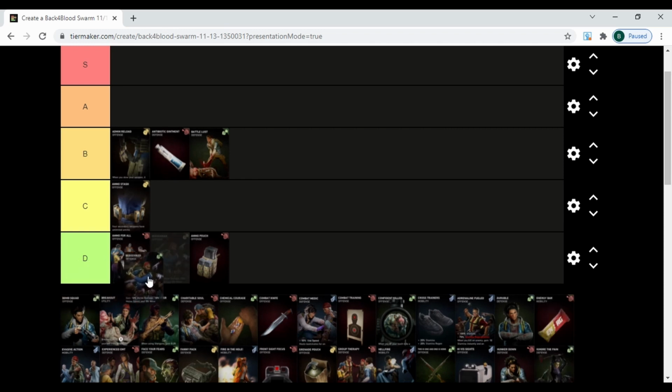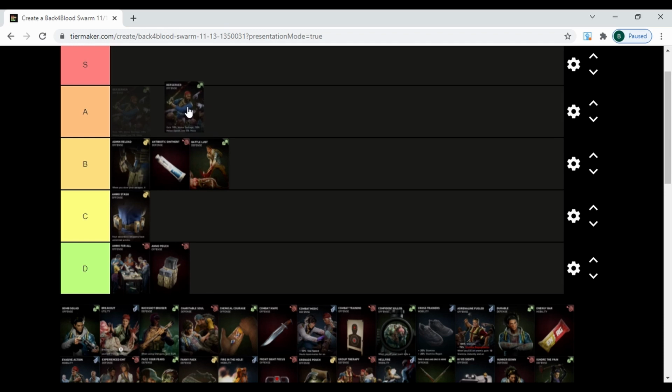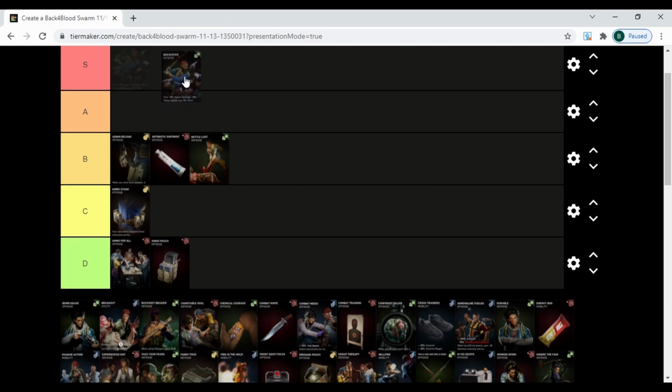Stamina. All right, Berserker. I'd say that's straight up the best melee card. What does it give you? Do you remember? It's 10% attack speed, 10% damage, and 5% movement speed, or some percent movement speed for every kill within 4